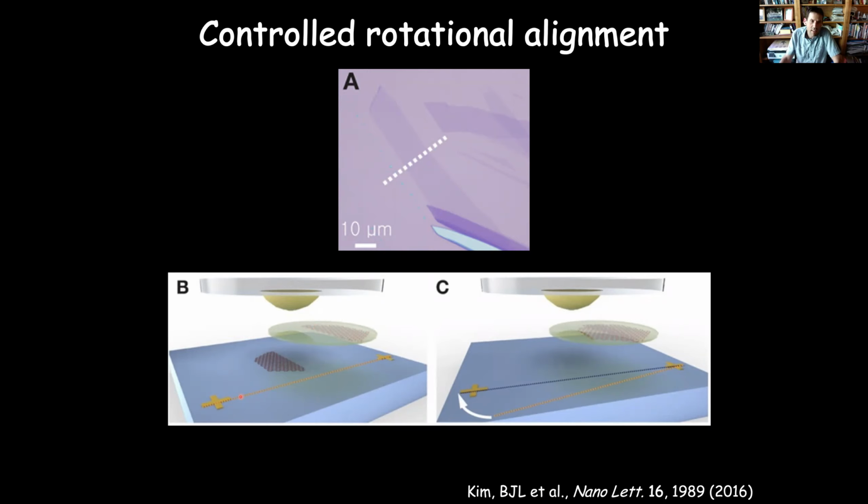Then we take the substrate that's underneath and rotate it by a controlled amount, say 1 degree, 2 degrees, 0.1 degrees. Then we bring our stamp over and pick up the second half of this graphene. Since these two pieces of our heterostructure came from the same original crystal, we know that they were originally crystallographically aligned, and now we have a small twist between them that we have controlled just by the rotation of the substrate underneath. This allows us to make basically any arbitrary rotation we want between the materials.